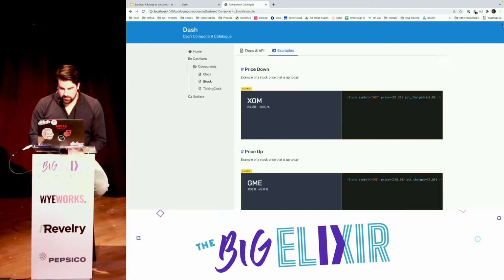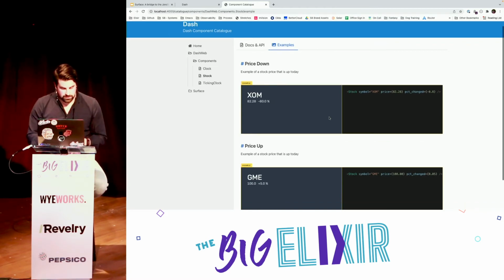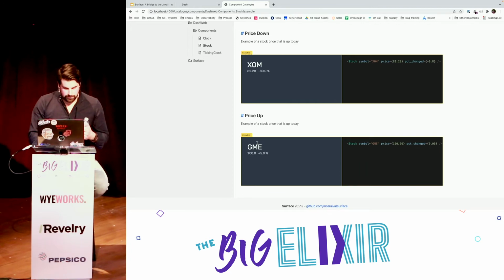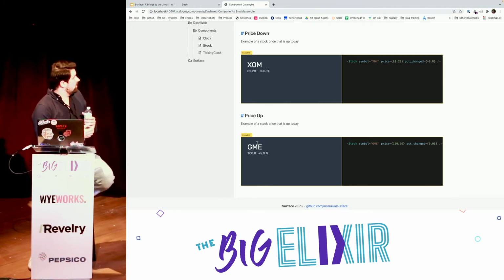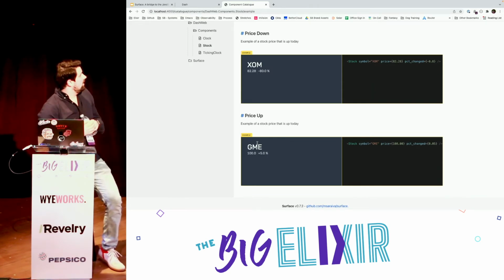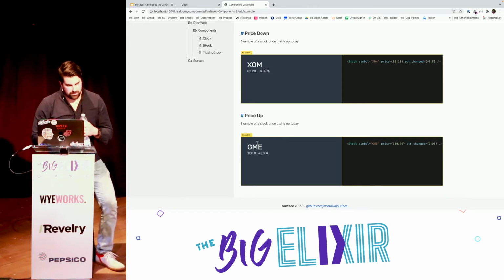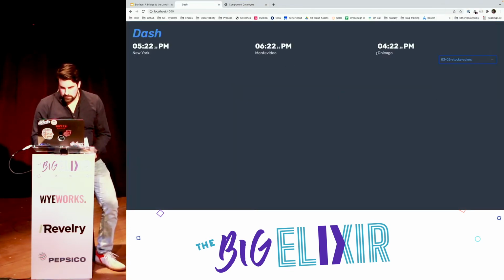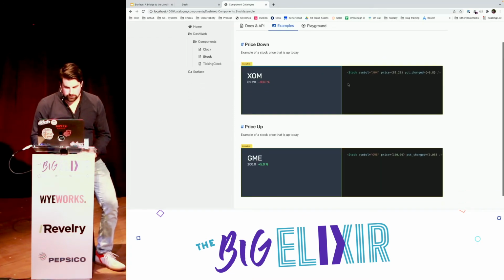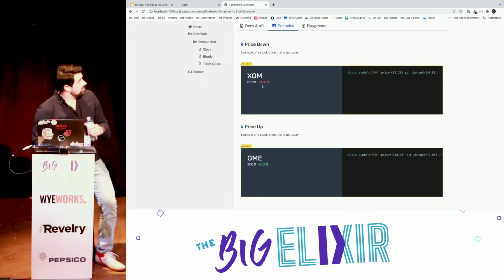But what's more than that is with the power of the examples, split across 3 different files, I can now show what the stock will look like when it's down. I can show what it looks like when it's up. I go back and forth, I've cataloged all these different states, and I talk with my designer, and they're like, we really should add some color here. Okay, so now we could see,